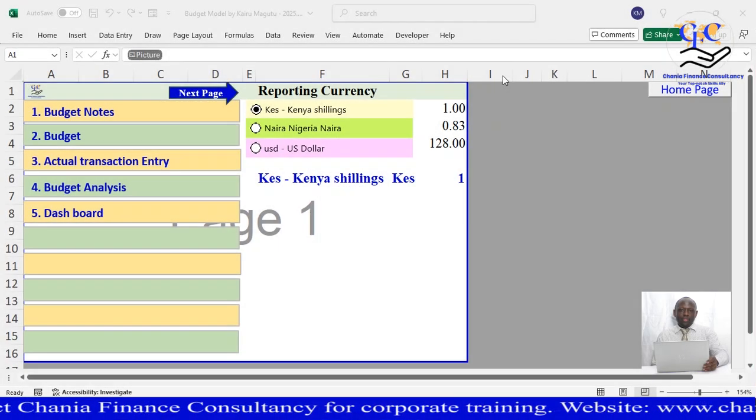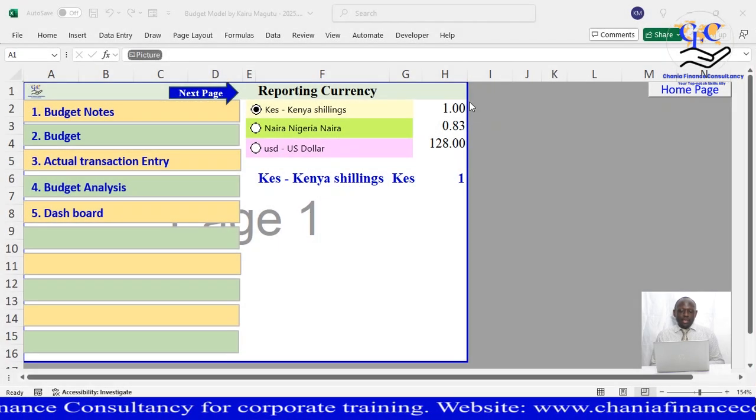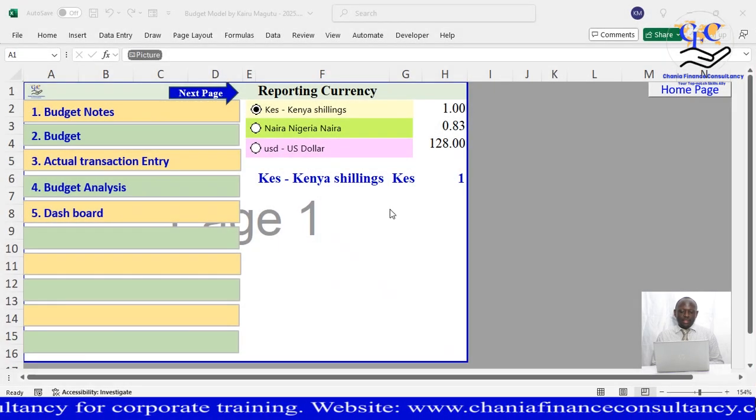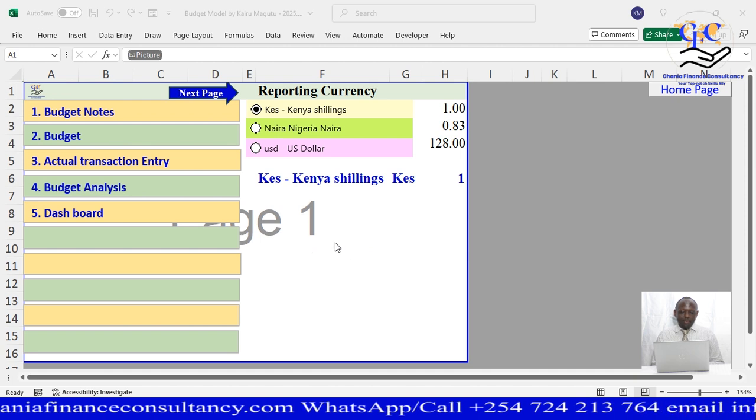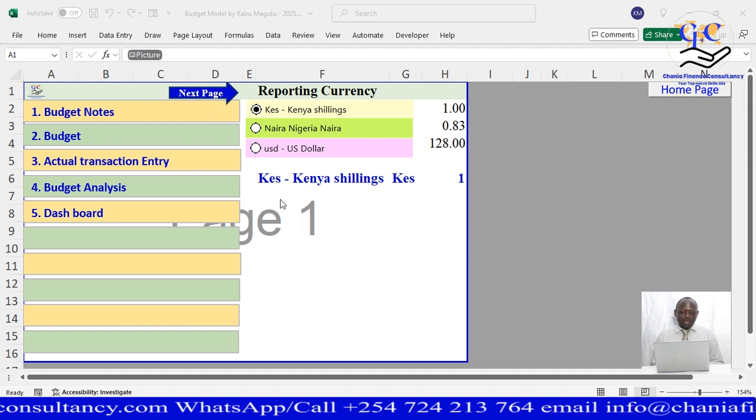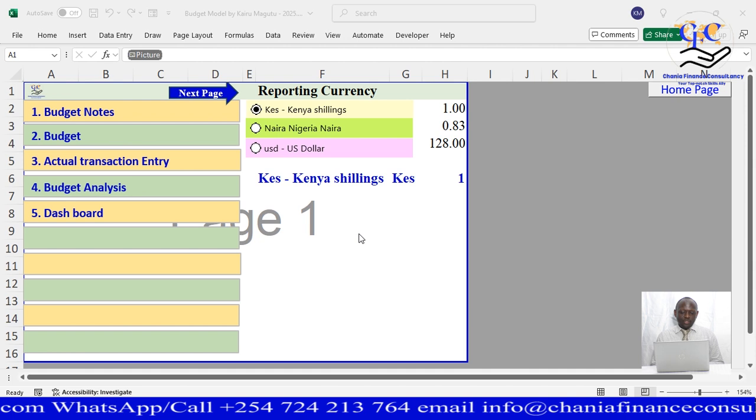I want to welcome you for the training today, and I want to demonstrate the presentation of a budget using advanced Excel features. Now, what you see on my screen is a sample budgeting model that I have derived using the